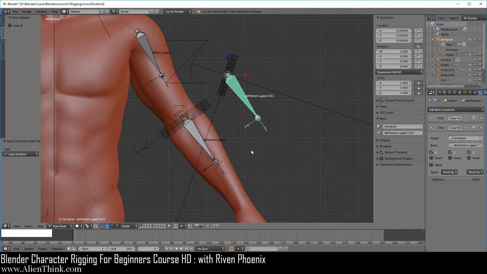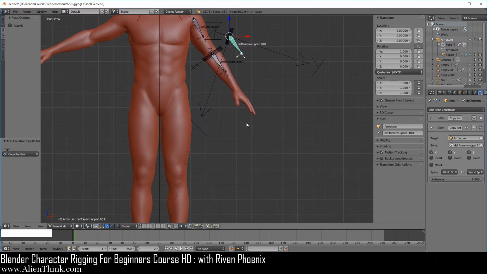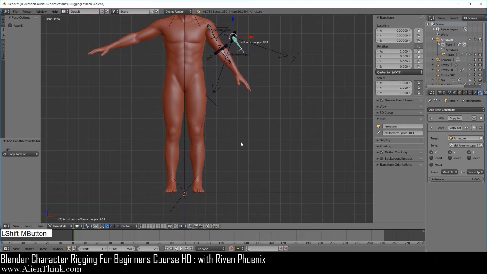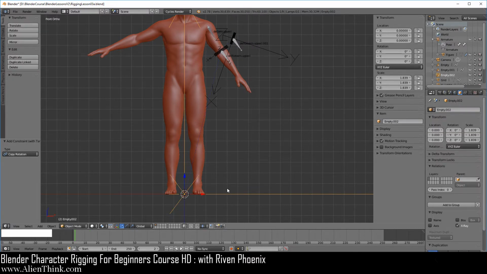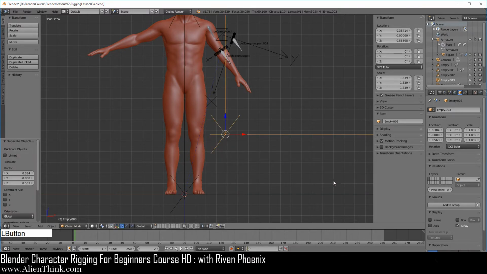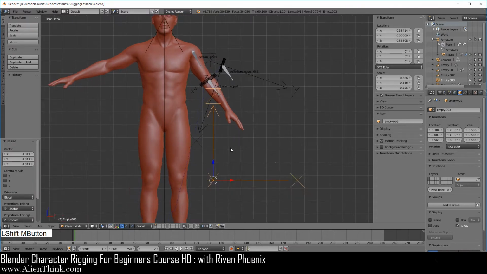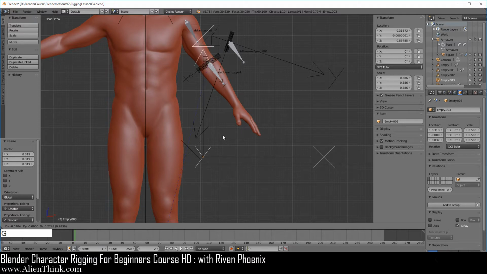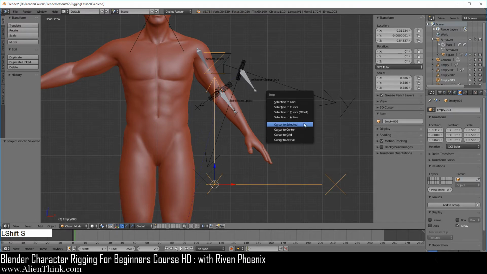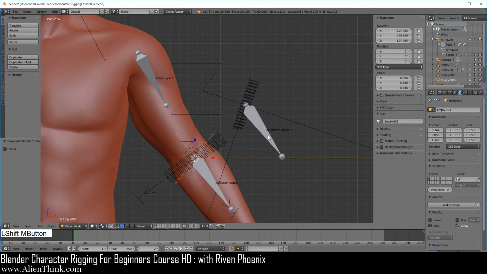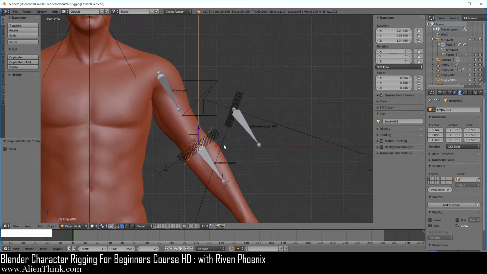How exactly is this going to work? So to do this, now when you're dealing with rotations, you want to think about where the head of the bone is. We're just going to take this guy and do Shift D, press the S key to scale him down a bit. Now press the G key to bring it over here, and click on this, do Shift S and do cursor to selected. Click on this, do Shift S and do selection to cursor. Okay, so this is representing the world coordinate system.